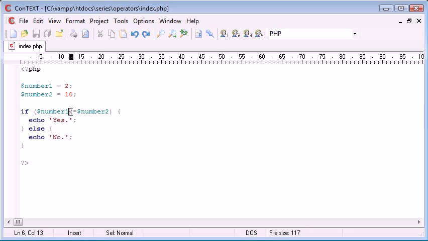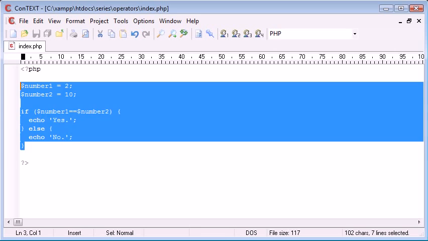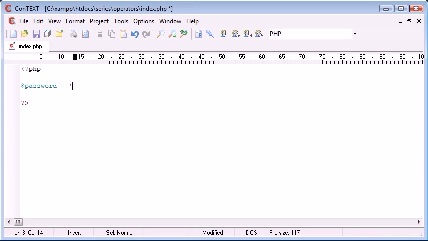You'll probably find yourself using the double equals a lot if you're creating code. For example, if a user was to submit a password through a form, you may want to check if their password is equal to maybe a preset password or a password stored in the database. And therefore what we'd do is we'd do something like, if we were to have a preset password, I'm going to set my password up here to password, so obviously quite a basic password, and I might say if password, so it helps if you read it out as English, if password equals